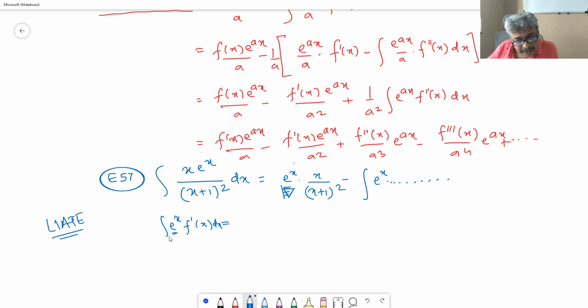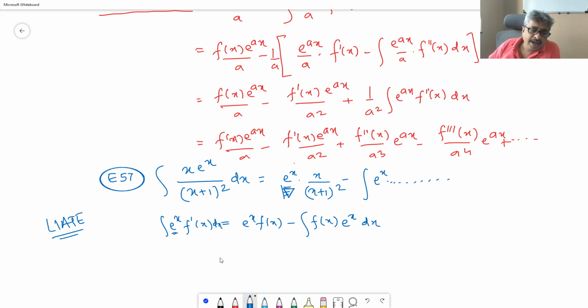Here e raised to x is u and f dash of x is v, then the first term of the integral will be e raised to x f of x, minus integral f of x, integral of v into derivative of u